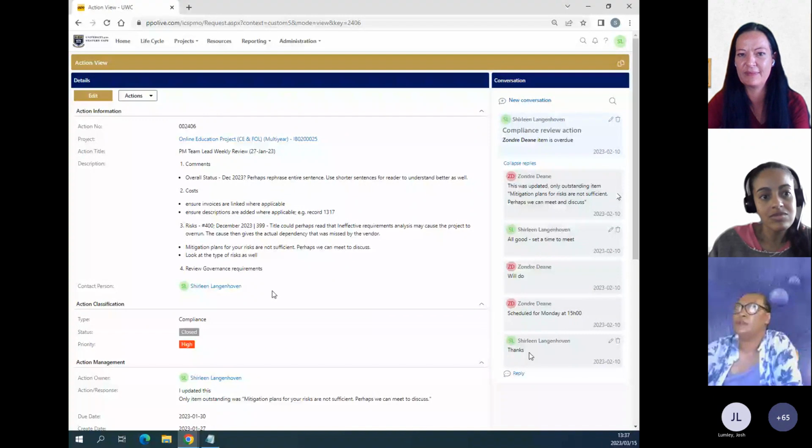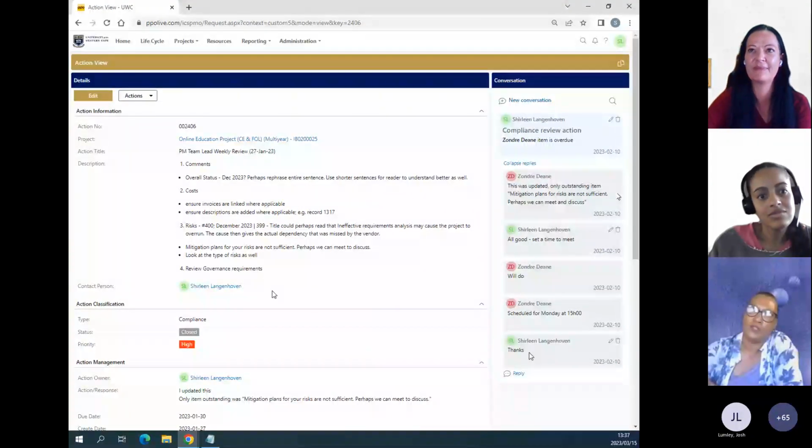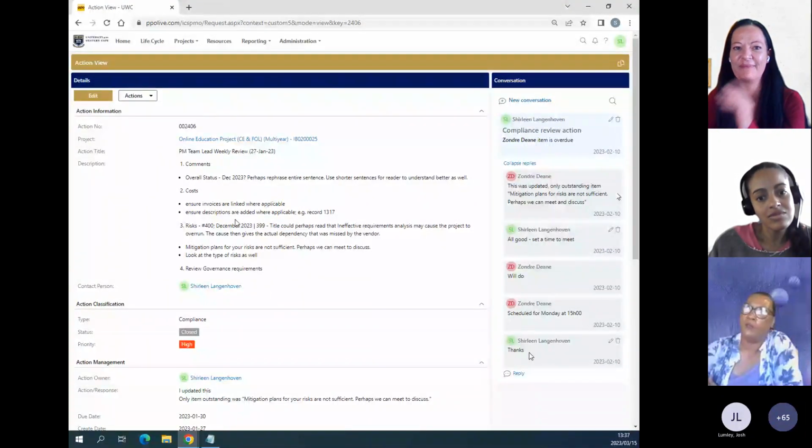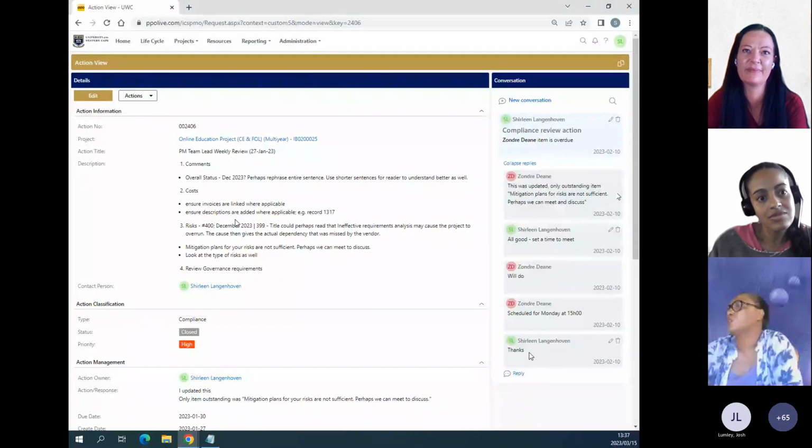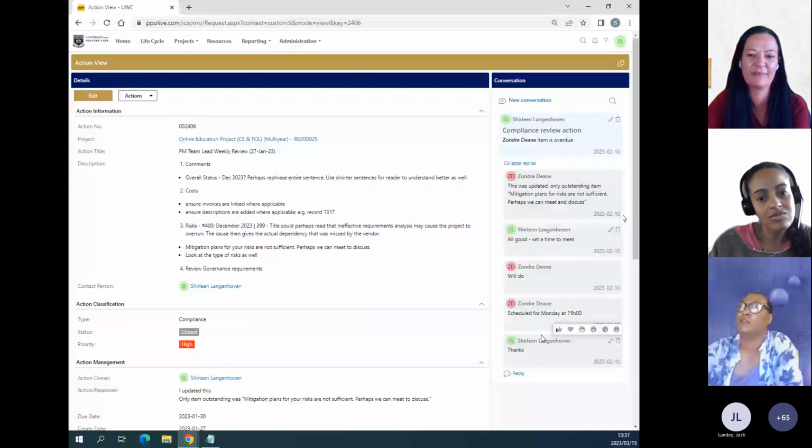which for me is great, because usually what I used to do, I either note it in Notepad outside of PPO, and then bring it back into PPO after everything is updated from the project manager. Now I've got this kind of audit trail around what happened between us